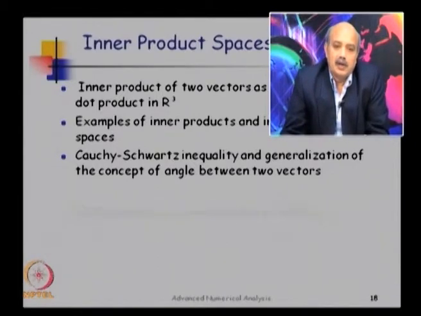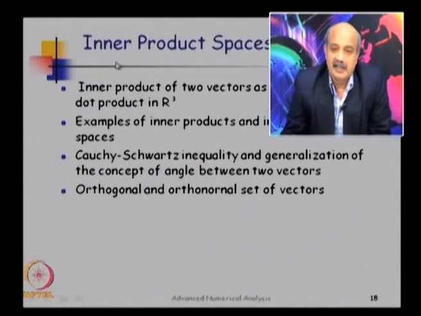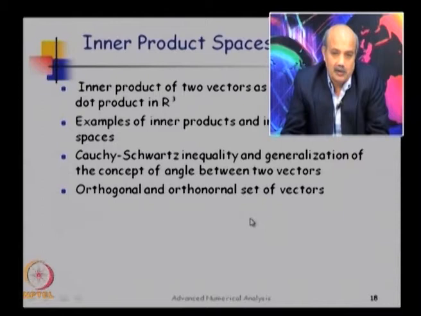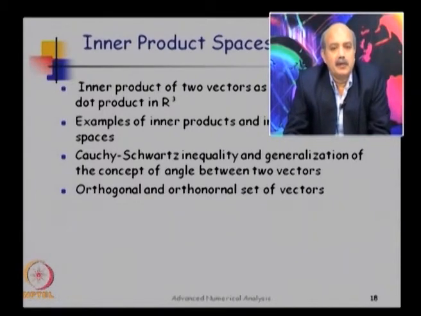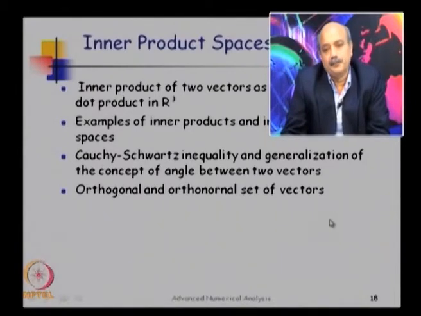Okay, so we are going to study this Cauchy-Schwarz inequality, then we will look at a variety of orthogonal or orthonormal sets that are very often used in numerical analysis. For example, Legendre polynomial or Laguerre polynomial. Now these names we encountered in maths courses, and often we do not know why they are called orthogonal sets or why they are called orthogonal polynomials. If you start from the fundamentals of vector spaces, you will get an in-depth understanding of why these sets are called orthogonal sets.